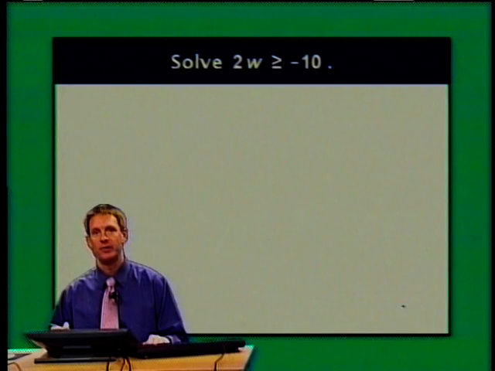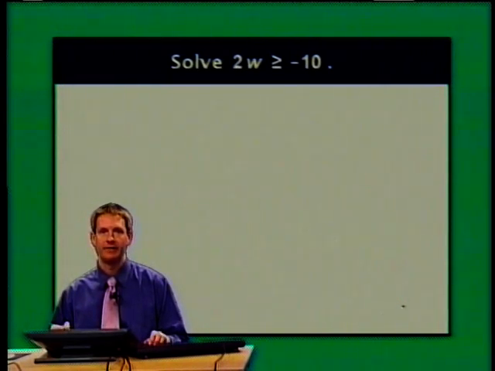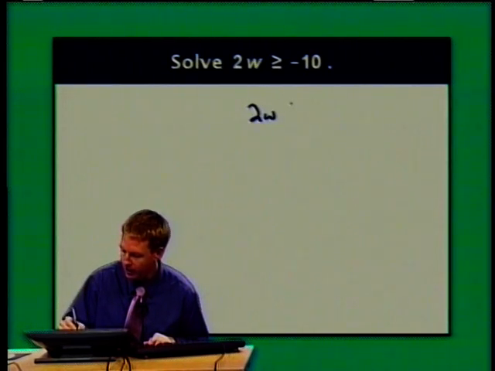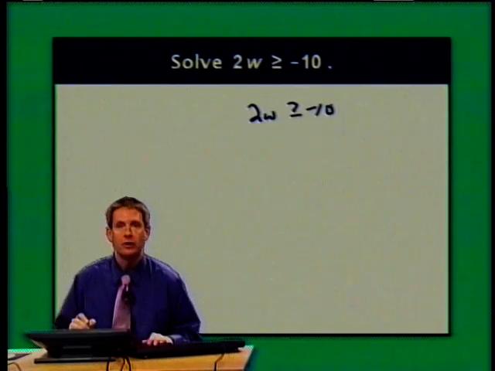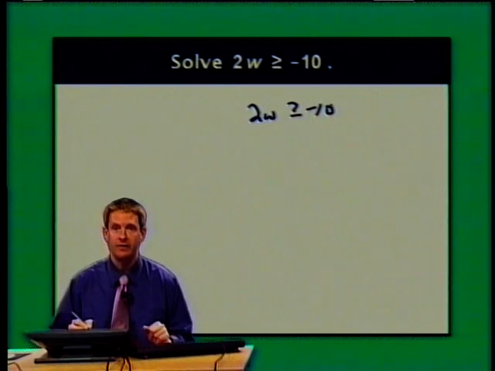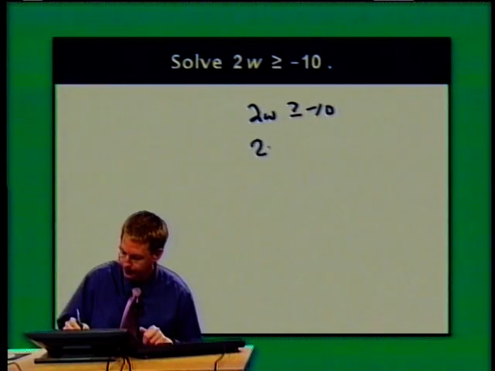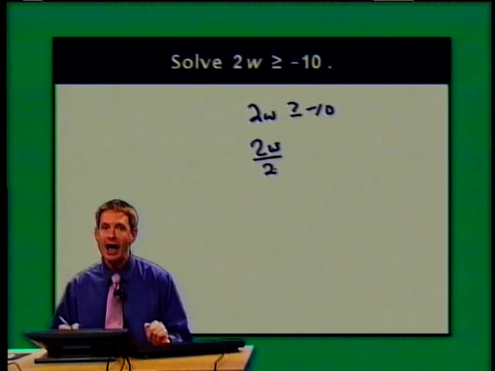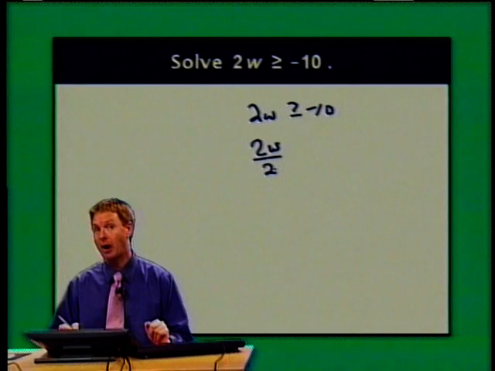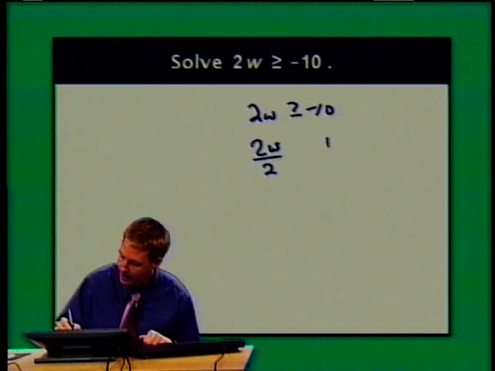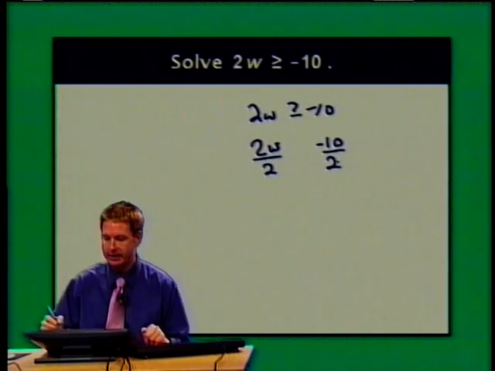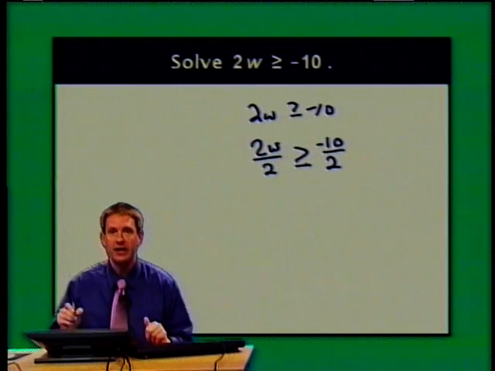Let's solve 2w is greater than or equal to negative 10. I'm going to begin by writing down my original inequality. To isolate w, I need to divide 2w by 2. Dividing by 2 is the same as multiplying by a half, so our multiplication property of inequality says that as long as we perform the same positive multiplication on both sides of the inequality, the sense of the inequality will